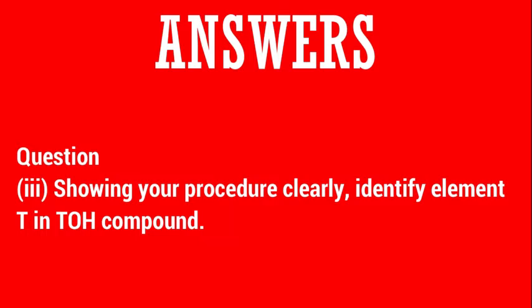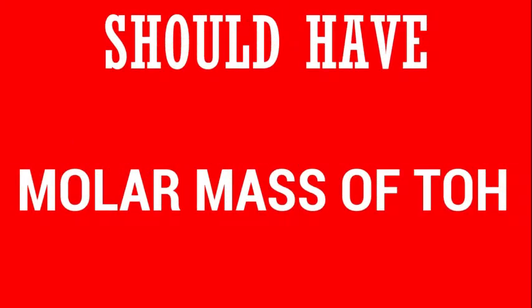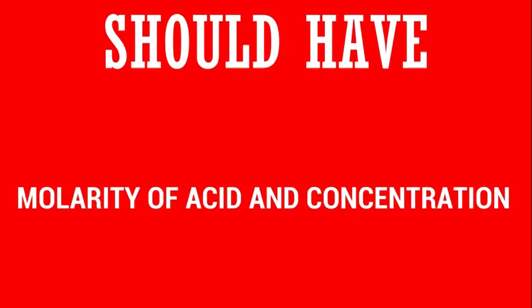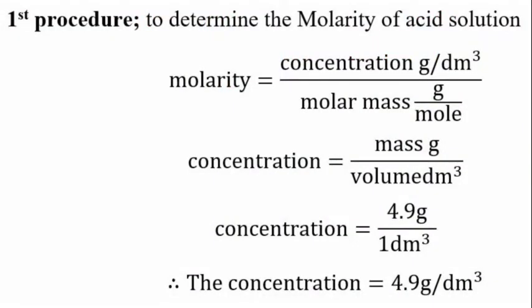Remember that in order to get the value of T in T hydroxide, we are supposed to have the molar mass. That is what you are supposed to think. And to get the molar mass of that compound, we are supposed to have the molarity of T hydroxide, that is the molarity of the base. Also, in order to have the molarity of base, you are supposed to have the molarity of acid, and you are supposed to have a concentration. So let's proceed. The first procedure is to determine the molarity of acid solutions, and the molarity of acid is